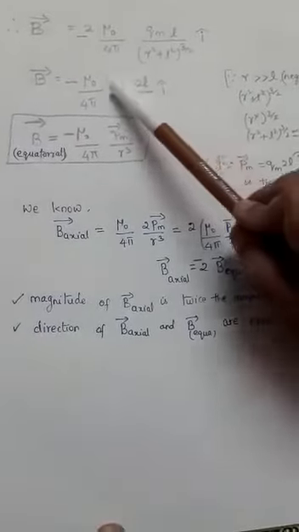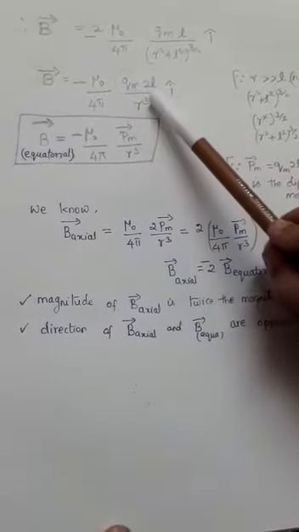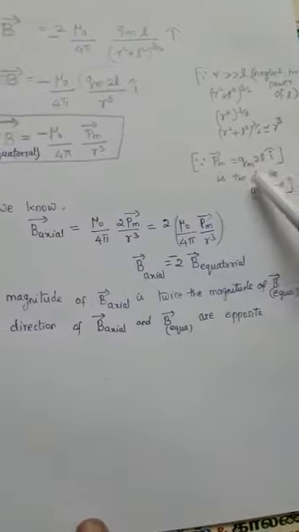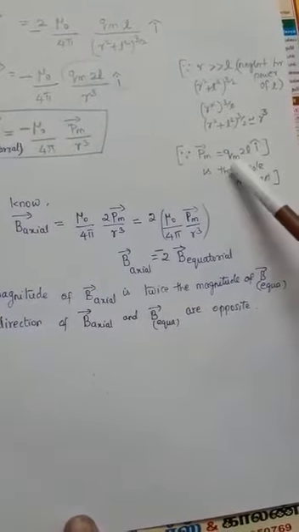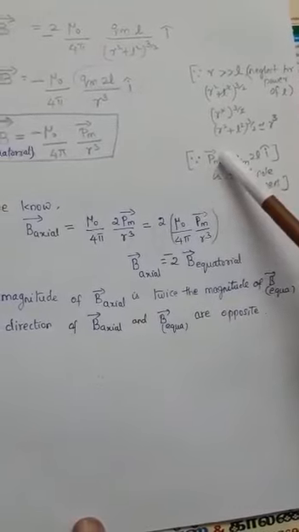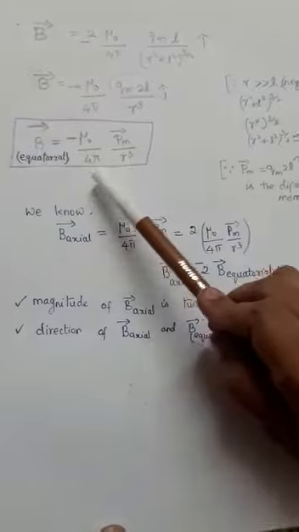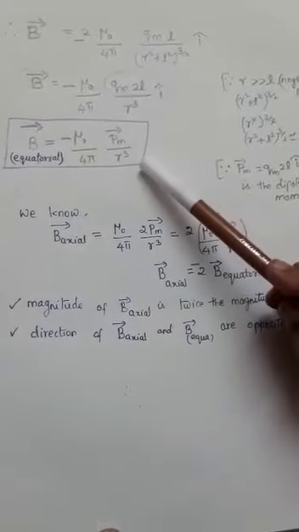Now whatever I have circled, I have replaced it as Pm vector. You know that Qm into 2L is magnetic dipole moment. So Qm 2L I cap is magnetic dipole moment vector Pm. So B equatorial is equal to minus mu naught by 4 pi Pm vector by r cube.